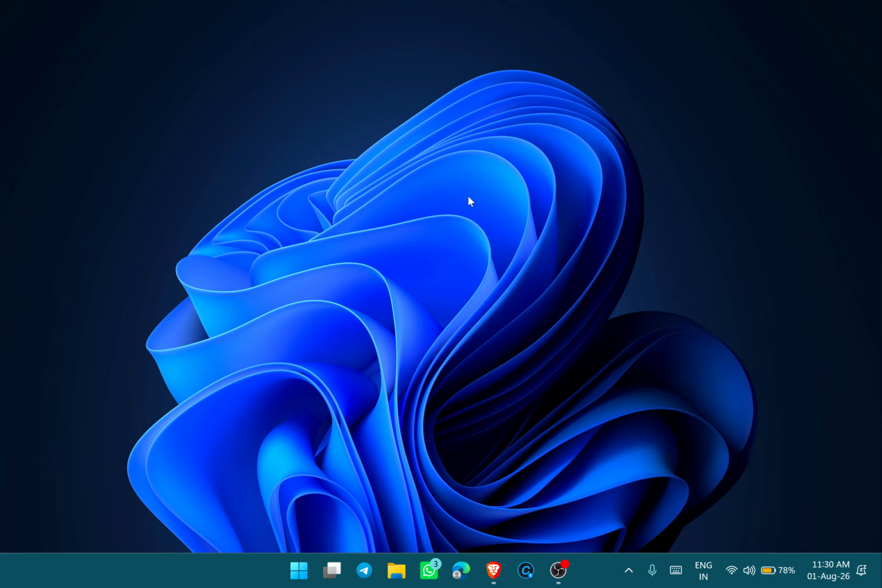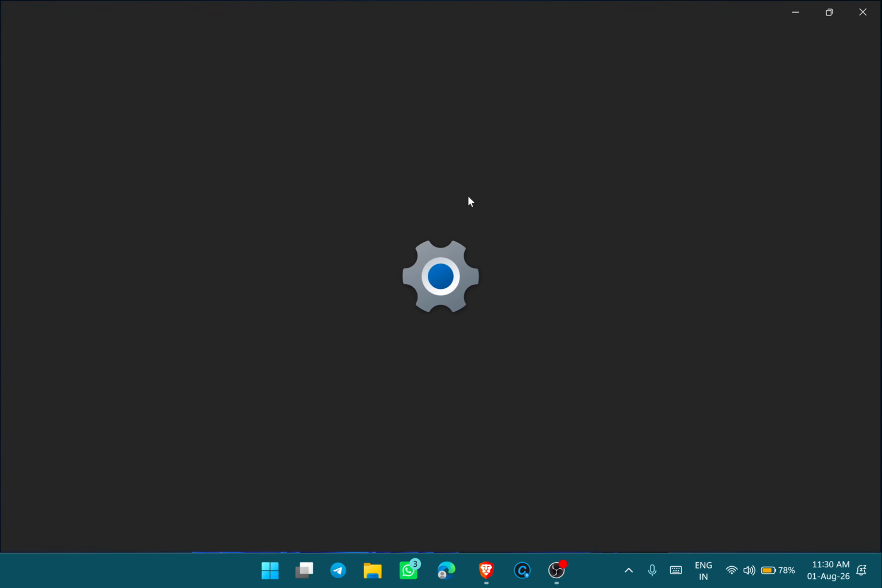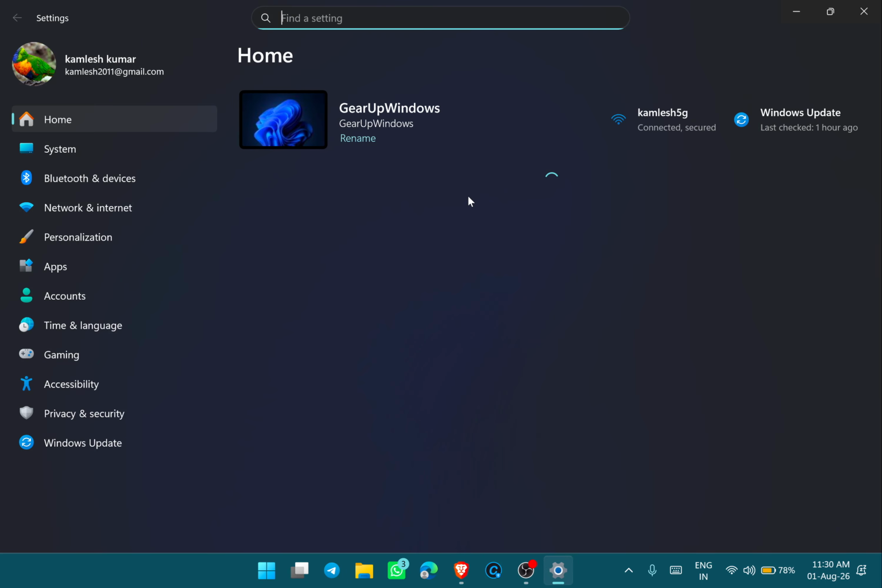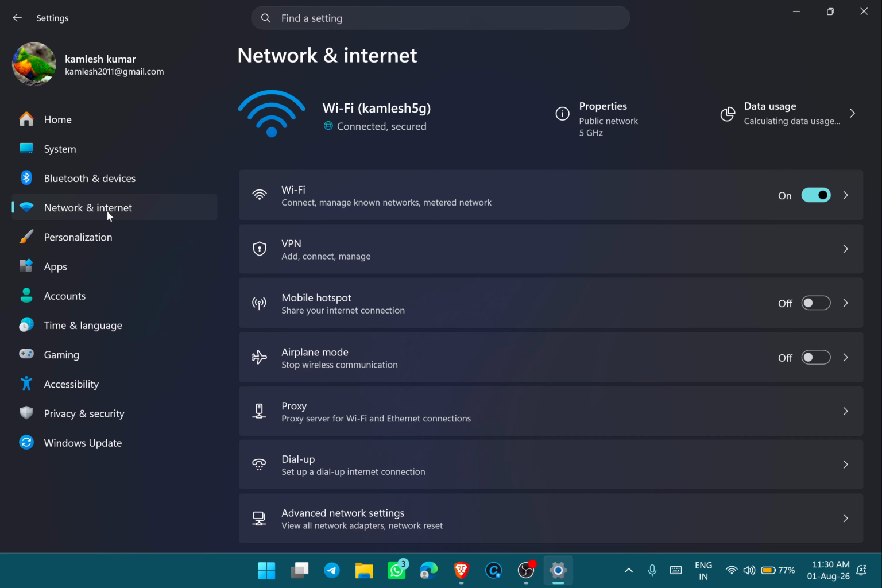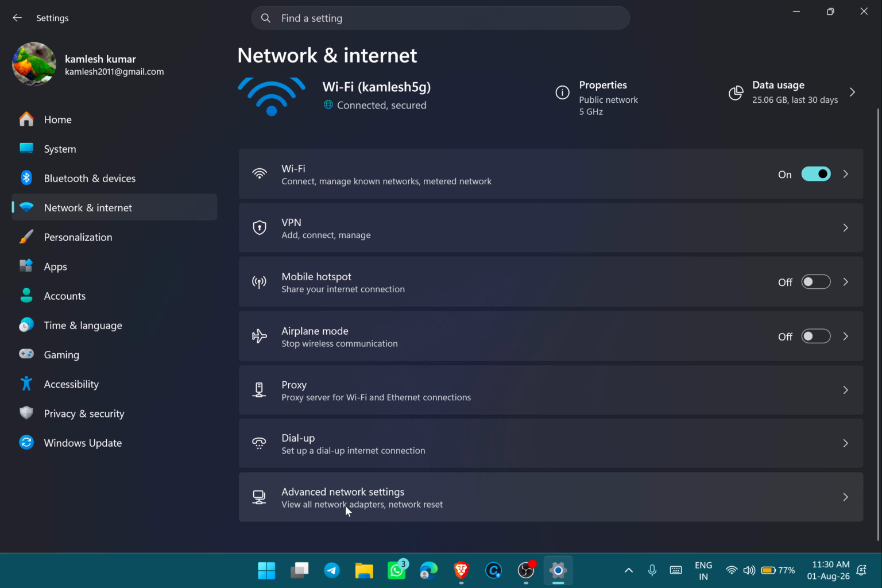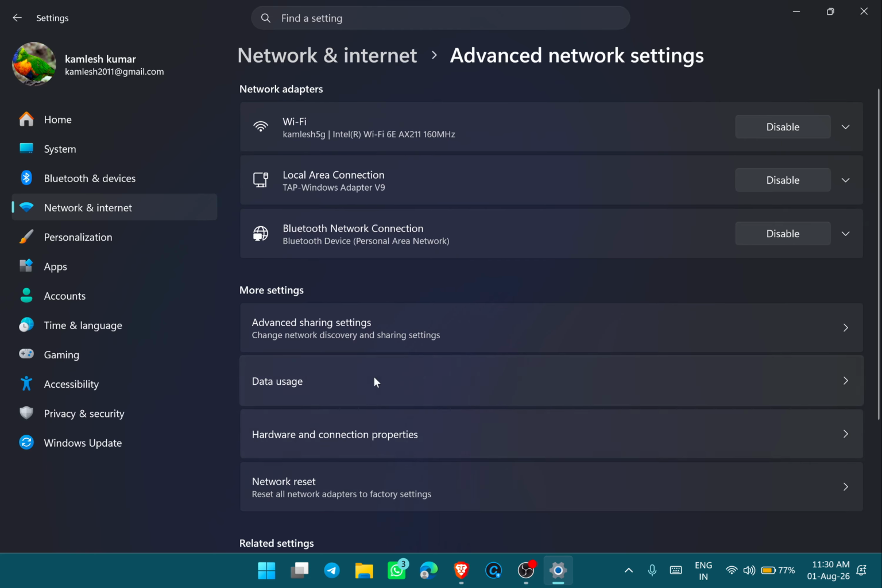Let's get started. First, open the Settings app by pressing Windows plus I on your keyboard. Now click the Network and Internet from the left pane. Now scroll down on the right side and select Advanced Network Settings. Under More Settings,